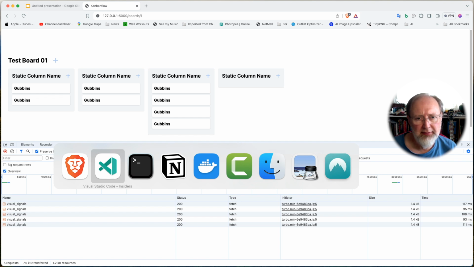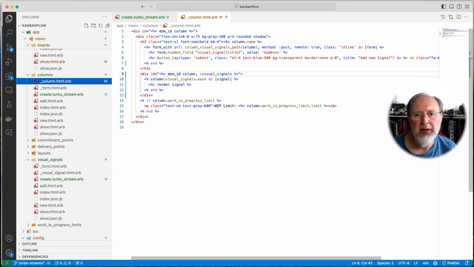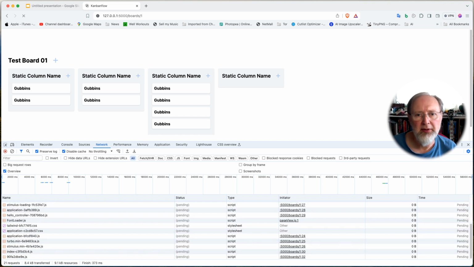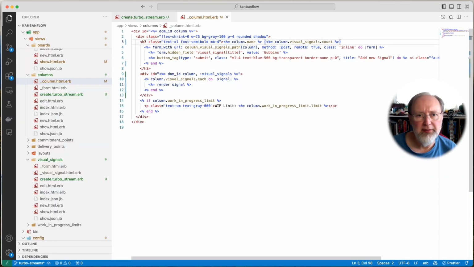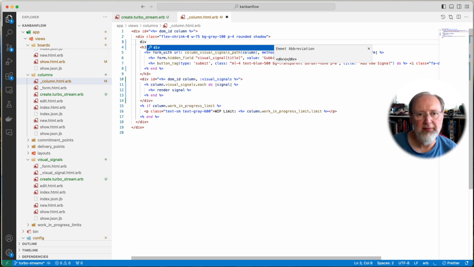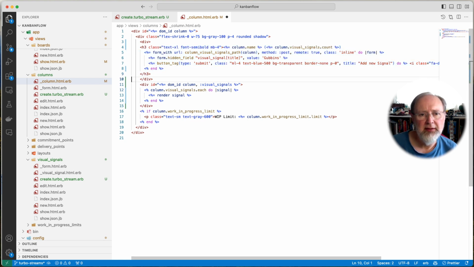let's do that. If I have my column name, then I'll do a bracket of column visual signals count. And you see if I add one here, that doesn't update. But if I wanted to, I could again wrap this thing in a div here, put everything inside, give it an ID, maybe call it header,